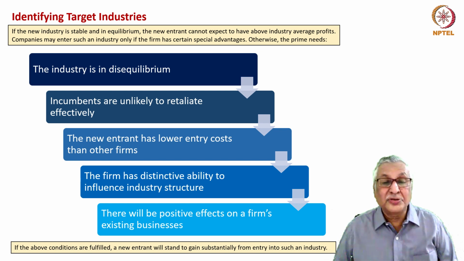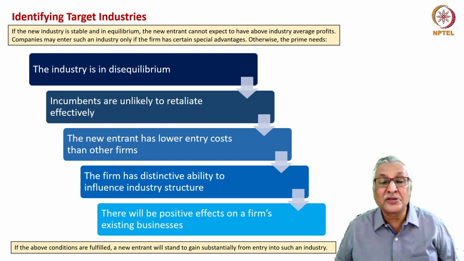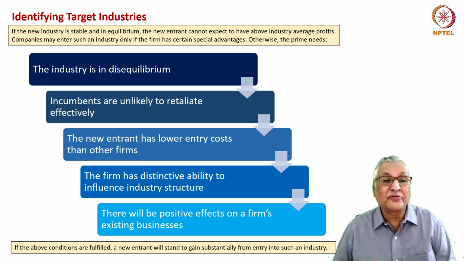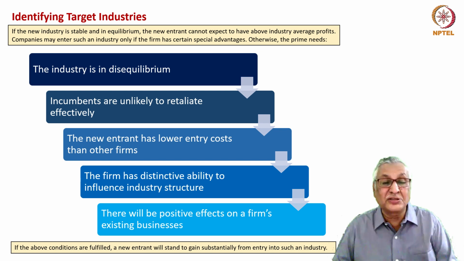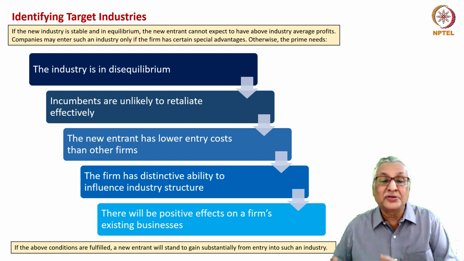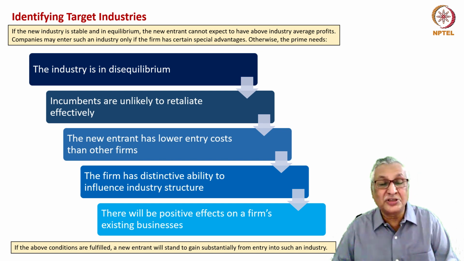Suppose, as a new entrant, you know the geography, you know the nation so well that you have lower entry costs than other firms, then that is a condition which is ripe for entry by you. Suppose you are a company which has been doing a lot of information technology work in the developed world, particularly the United States. So, if you are entering into the field of artificial intelligence, you are better equipped because you know the geography, you know the talent structure, you have people who are resident as leaders in the geography, and you have everything going for you. And the huge resources you are generating out of the big deals in the developed world can be channeled into the higher resource requirements of establishing a facility in artificial intelligence in that geography.